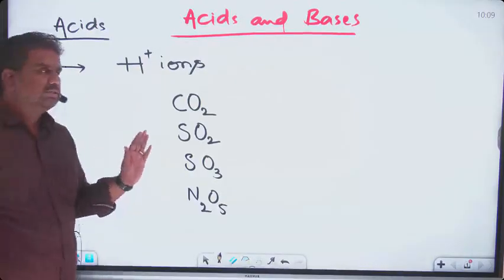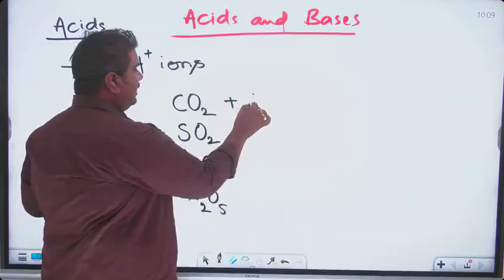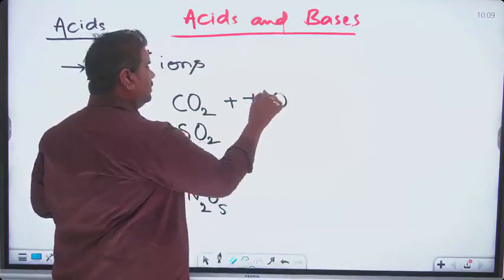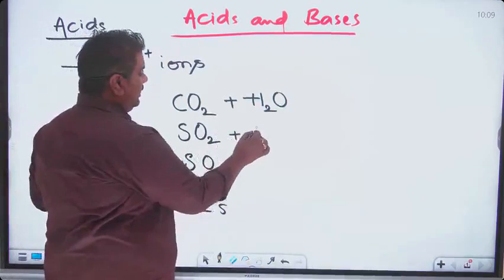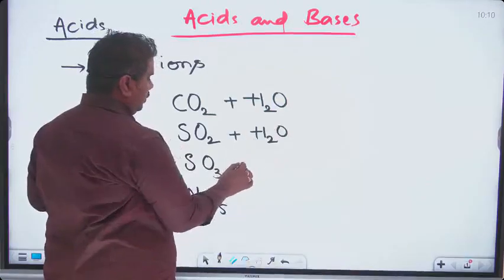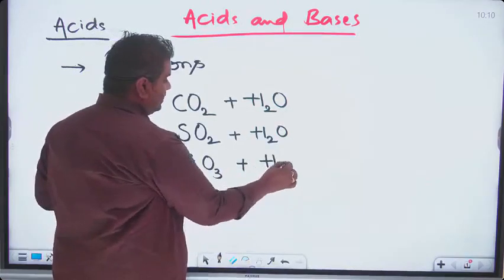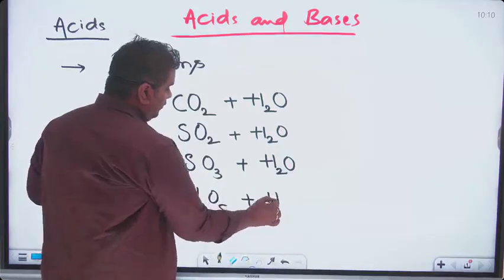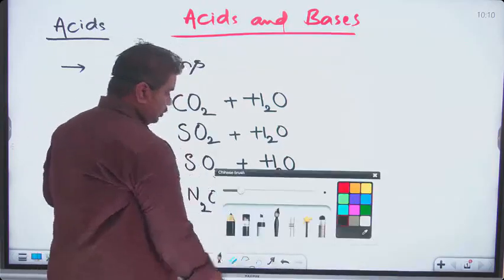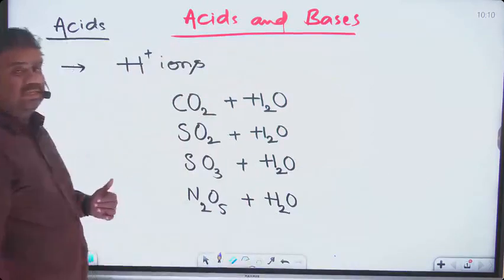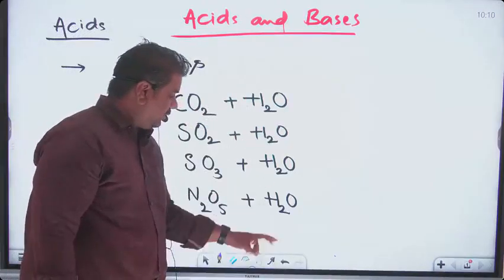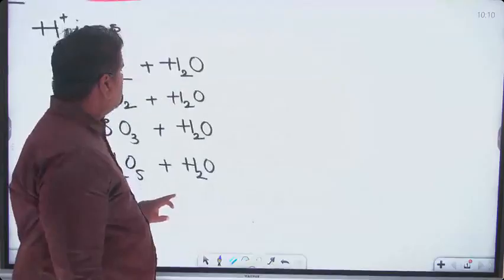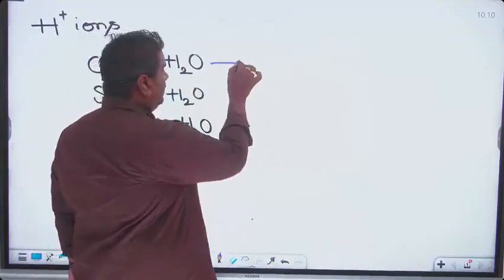Whenever the oxides of non-metals react with water, for example CO2 reacting with water, H2O, or sulfur dioxide reacting with water, H2O, or sulfur trioxide reacting with water, H2O, or N2O5 reacting with water, H2O. Now in this particular case, what is the product? So whenever non-metallic oxides react with water, the very first thing that you get